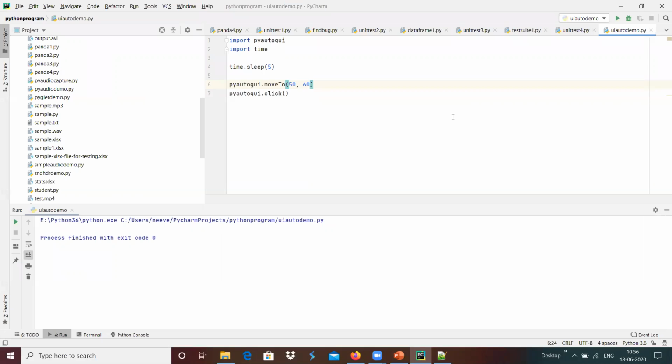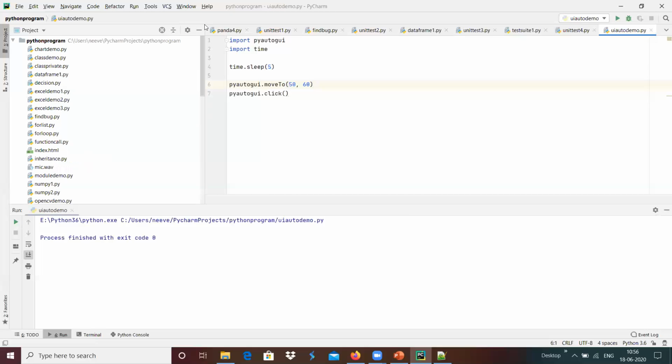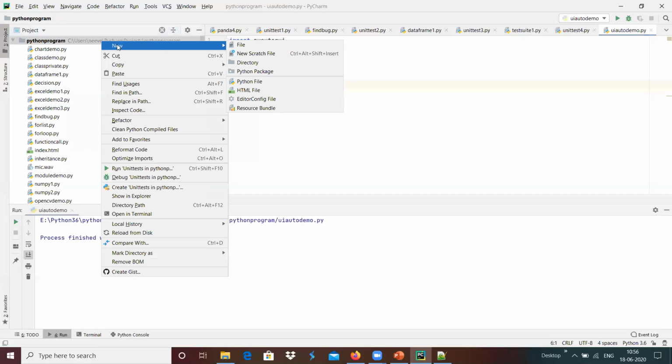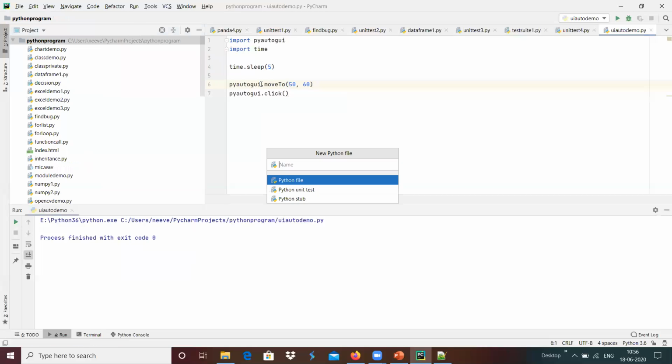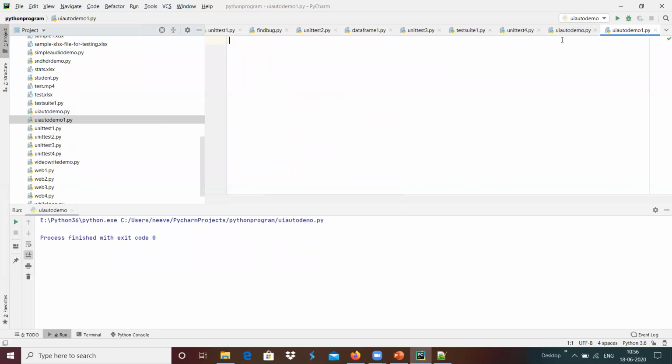And for example, for that I'm going to keep the current position as it is, and maybe we can create another one. I'm going to create a new Python file over here, UI auto demo 1.py, and I'm going to copy maybe the first 3 lines.